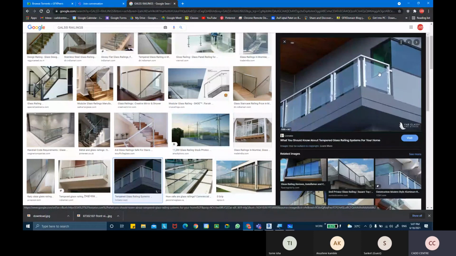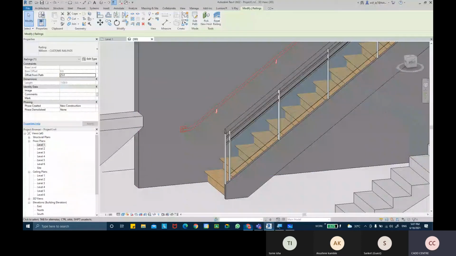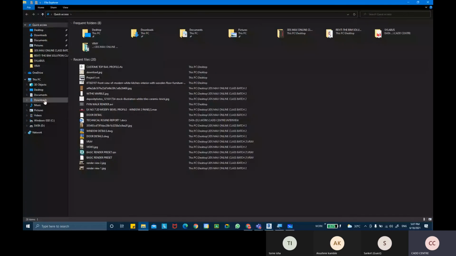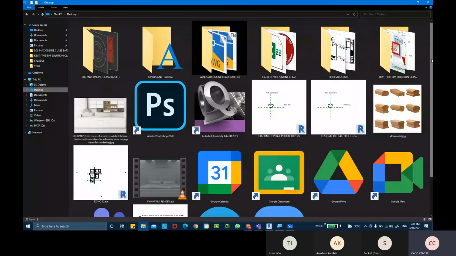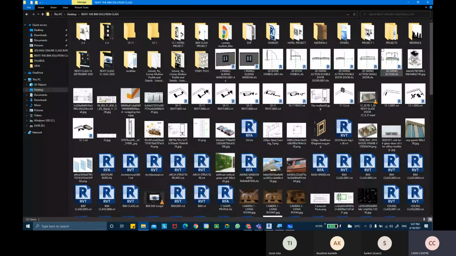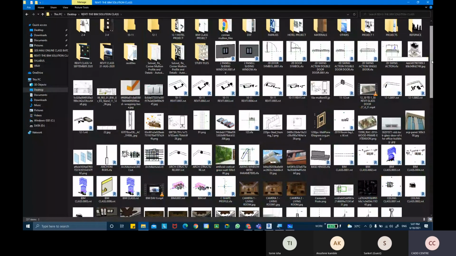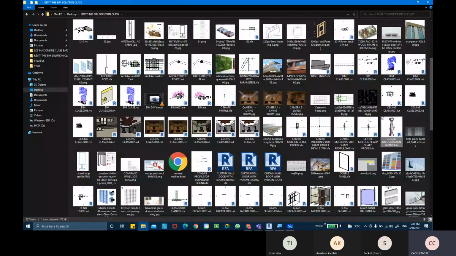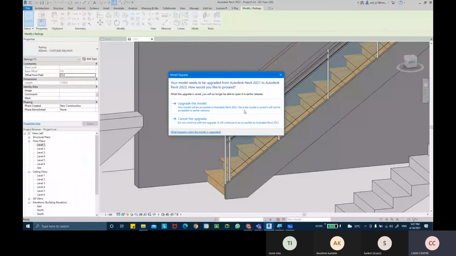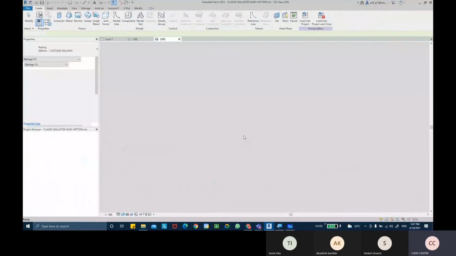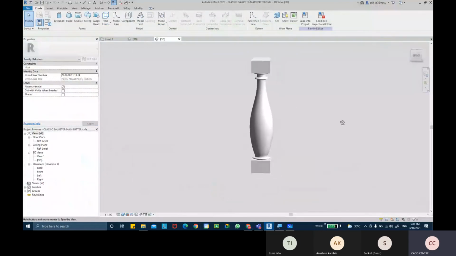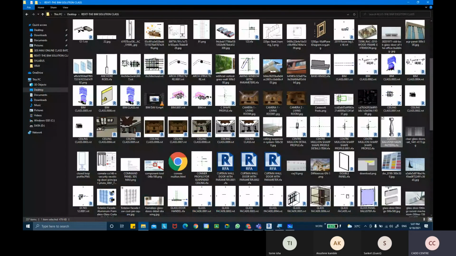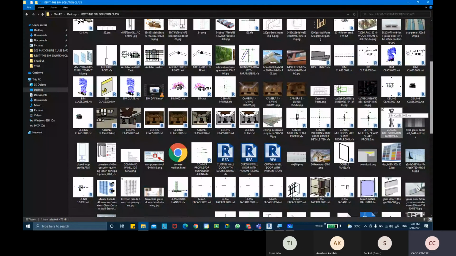we need to create a family of the baluster. So the family might look something like this. We need to create a very detailed baluster family. Let me show you how the family looks when you create the balusters. You can create a classic shape baluster as well, something like this. This is a form of baluster that you can create and apply to your staircase. And if you want to create your glass balusters,